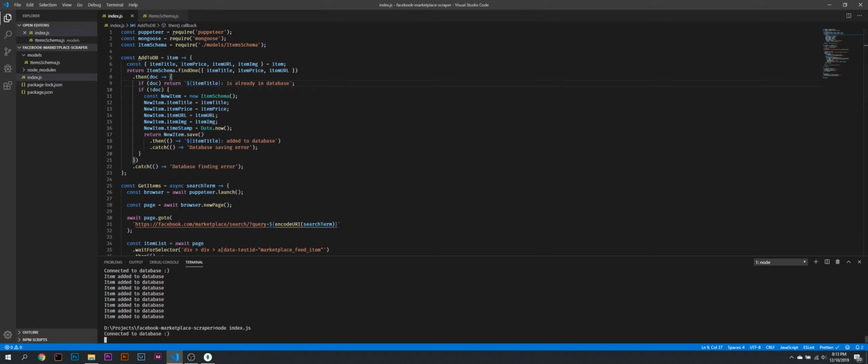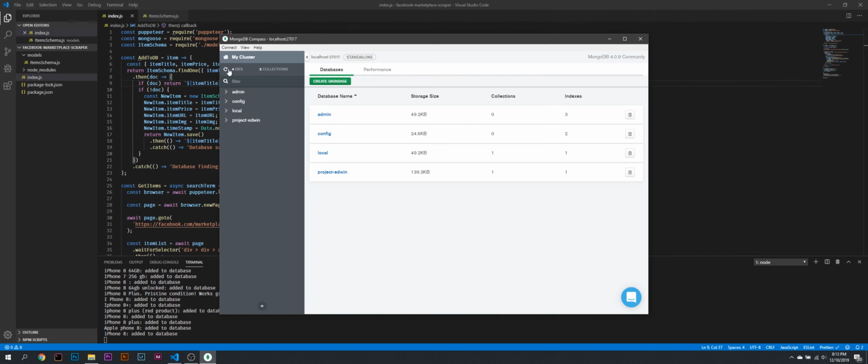So let's see. iPhone, awesome, is already in database, is already in database. So is already in database, already in database. Added to database, added to database. Awesome. And then we can go here, we can refresh,